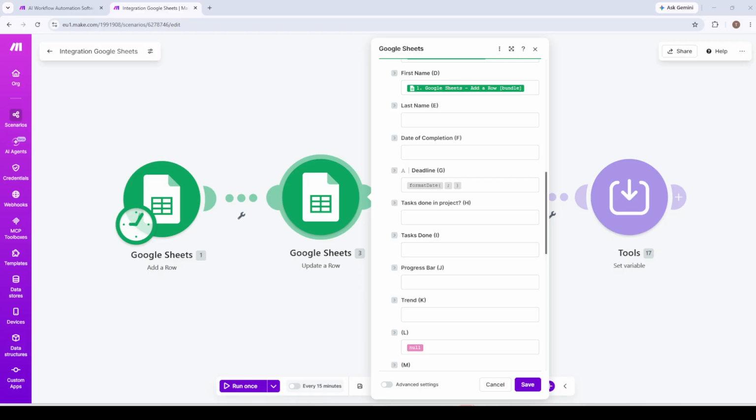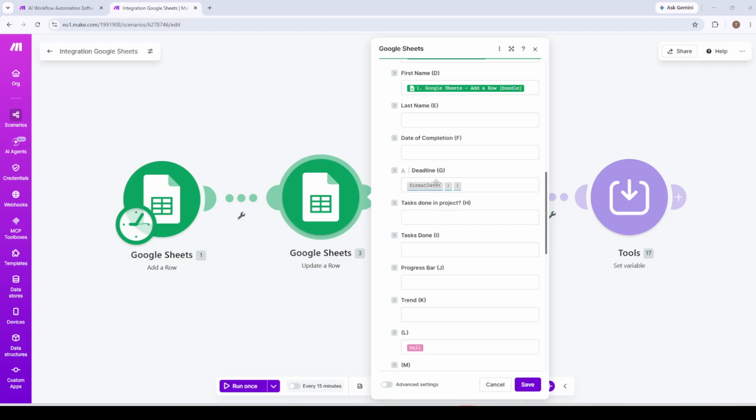If you need something warmer for an email, try Do MMMM YYYY, which outputs the 22nd of June 2026. If your workflow needs the time as well, you can add HH:mm:ss after a space or a T to include hours, minutes, and seconds. The complete expression in your field should look like this: formatDate, an opening parenthesis, your date